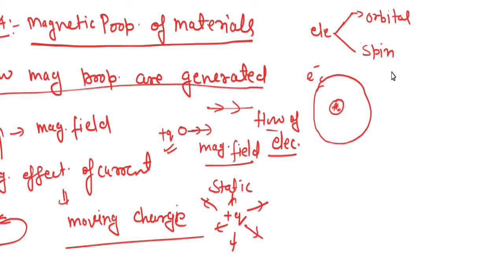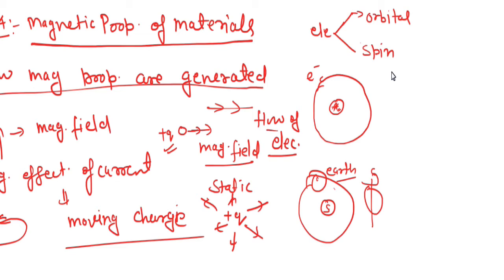This you can compare with the Earth and Sun system. You know that if this is Sun and this is your Earth, you can see that Earth has two type of motion. First, orbital motion, when this Earth moves surrounding the Sun, and second, spin motion, when this Earth moves around its axis. So this is axis and Earth is moving around its axis. This is spin motion, and when Earth is moving around the Sun, this is orbital motion of Earth. So it is the same case with the electron.